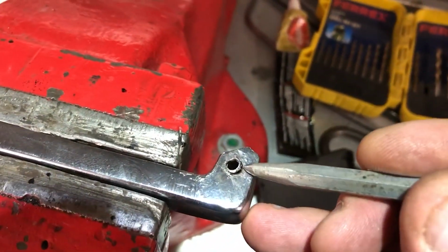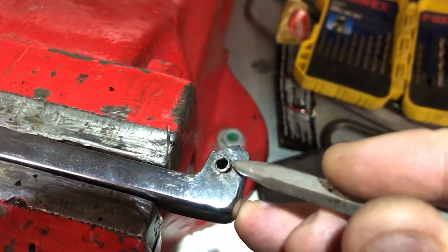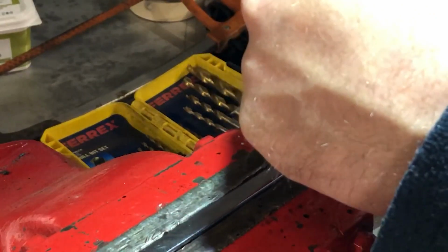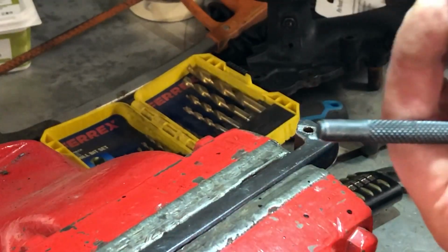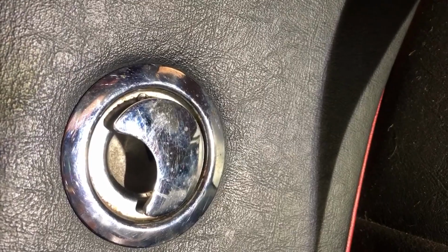So if you look here, I've got a hole that's slightly smaller. Now I've got what remains of the pin loose, so I'm just going to knock that through. There we have what remains of that pin that just wouldn't come out. So pleased with that. You can see here that the boot release is really quite scratched, and then the bezel